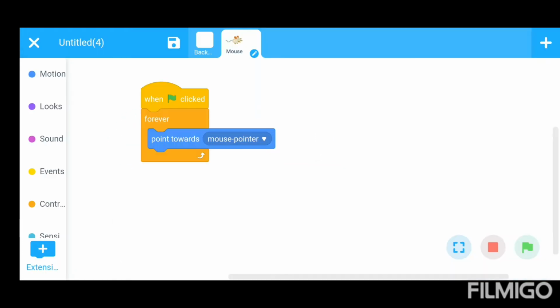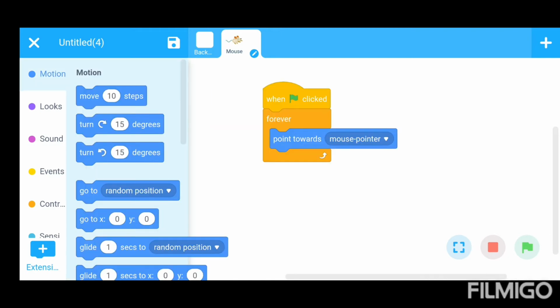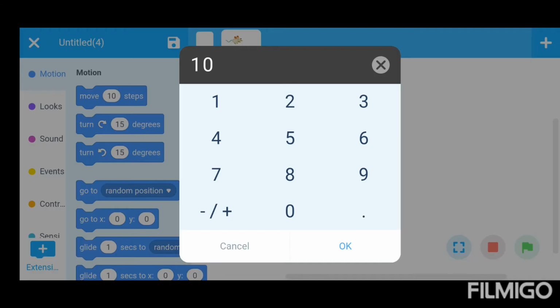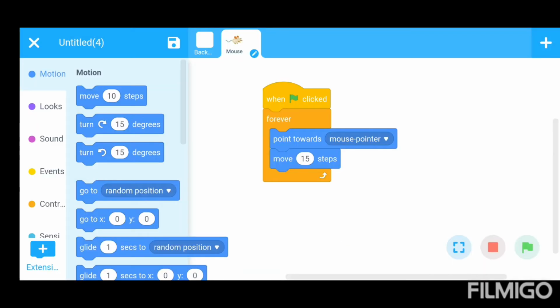For moving the mouse, use the move 10 steps command here and replace 10 steps with 15, or any number you want. I want 15 here.